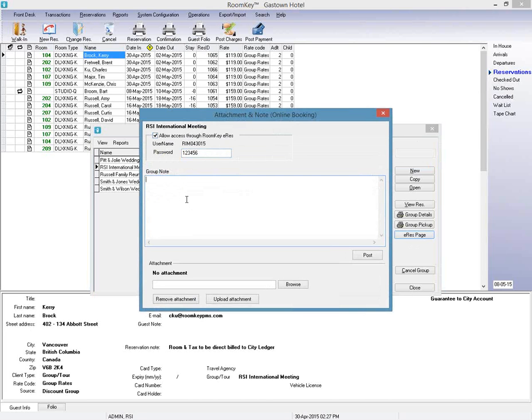This group note will appear on any confirmations, and you can also have the option of attaching a specific file as well to all confirmations sent for any reservations booked within the group. It might include directions to the hotel as well, or any useful information. Once I select Post,